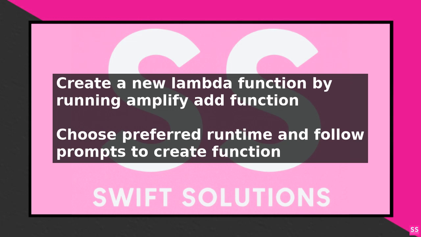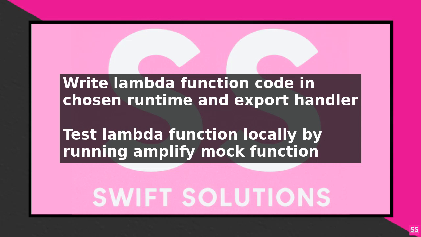amplify mock function. This will simulate an API request to your Lambda function and allow you to test its behavior. To deploy your Lambda function to AWS, run the command amplify push. This will create the necessary AWS resources, including an API Gateway REST API and an IAM role for your Lambda